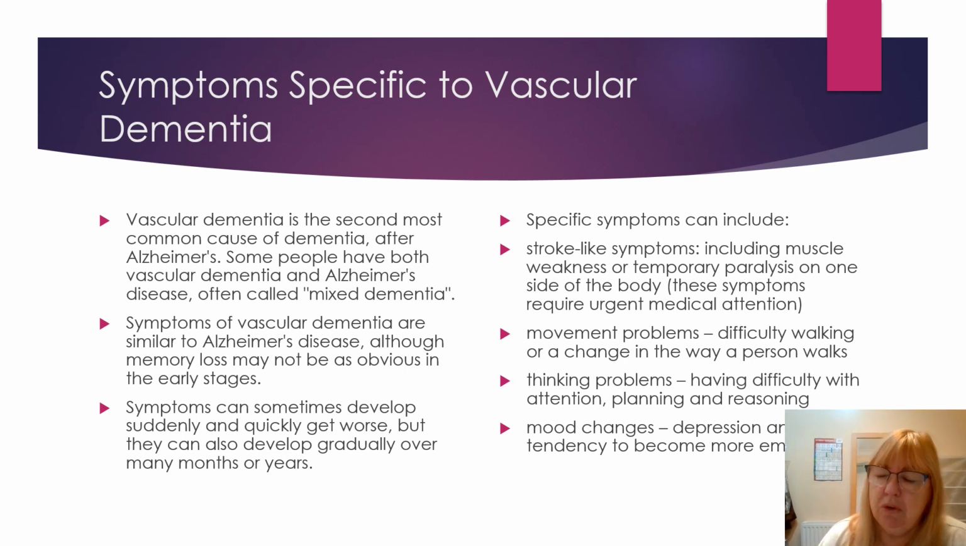Movement changes, difficulty in walking, again, that could relate to weakness or paralysis, or it could just be that balance will be affected as well. Thinking problems, such as difficulty with maintaining attention, and similar to Alzheimer's, the planning and problem solving part will go. Mood changes, again, the same as Alzheimer's. Depression, and